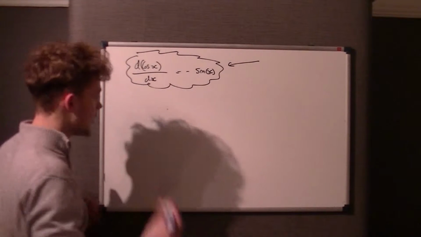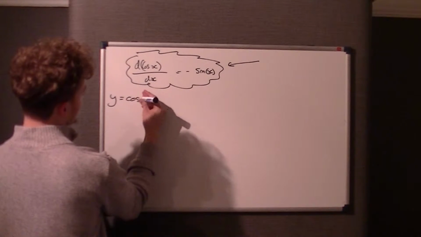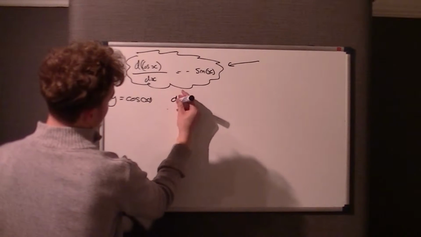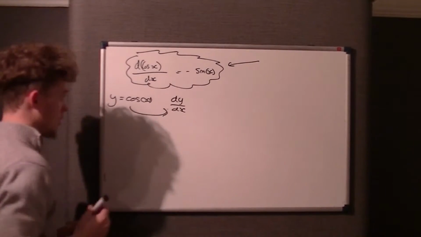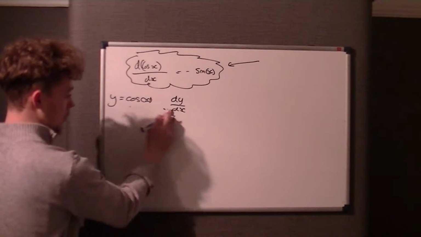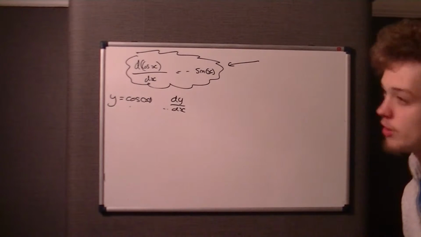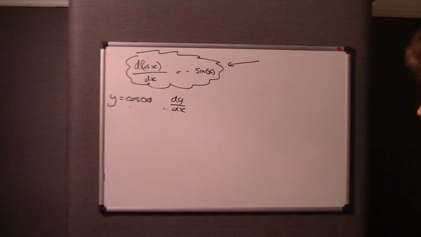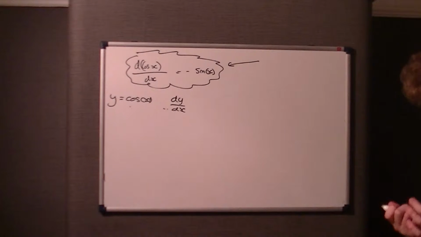It's basically just the examiners being lazy, not saying let y equal cos x and find dy/dx. They mean exactly the same thing, these two and the one below. So don't be put off by that, but really you should know that anyway, so it's pretty pointless them telling you that. But obviously they're not telling you just to refresh your memory. As is general with these things, it's going to relate to the next part of the